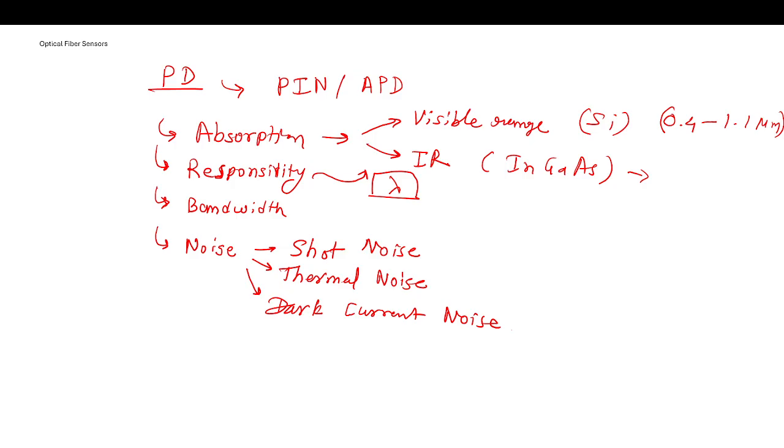Okay, so shot noise is because of the random arrival of photons. If the photons are arriving randomly, because of that shot noise happens. Then thermal noise, because of the thermal